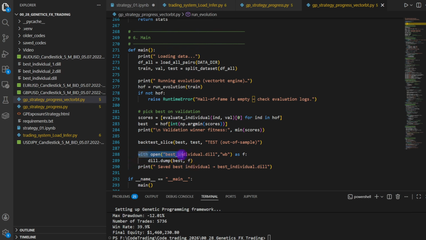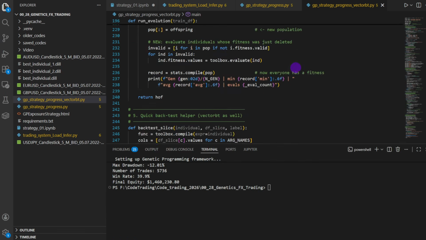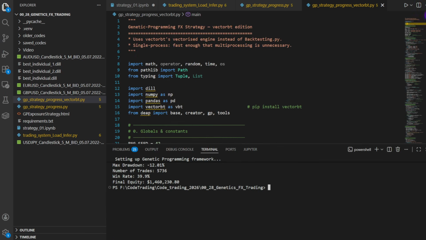And finally, we are saving whatever model we just trained into a file, best_individual.dil in this case, which we can load later on without rerunning the whole evolution process, just for inference and using for backtests. Now, just for the sake of showing you an example how it runs, I'm going to run